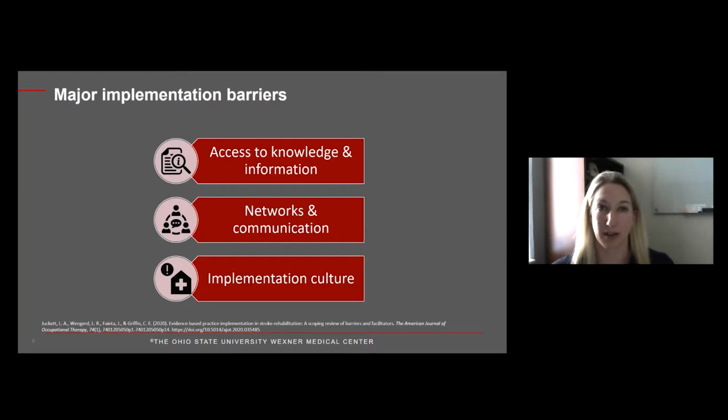From the literature, we identified some key themes and matched those themes to language used in a very often cited and often applied implementation framework known as the Consolidated Framework for Implementation Research, also referred to as the CFIR. For us, the main barriers that we identified through our literature search were a lack of access to knowledge and information, poor communication,